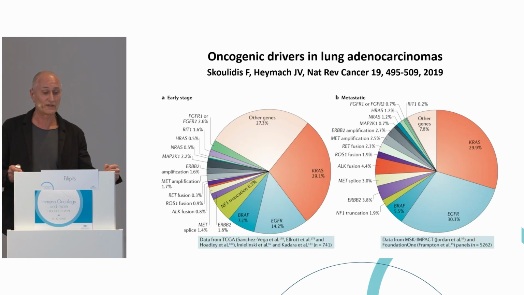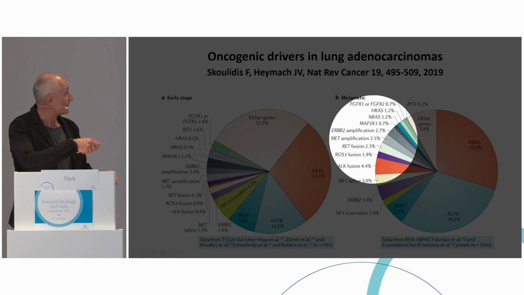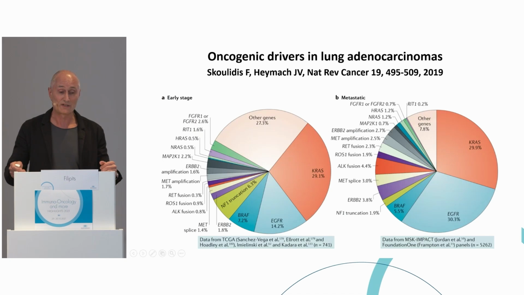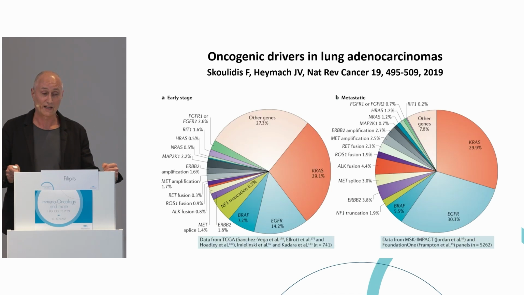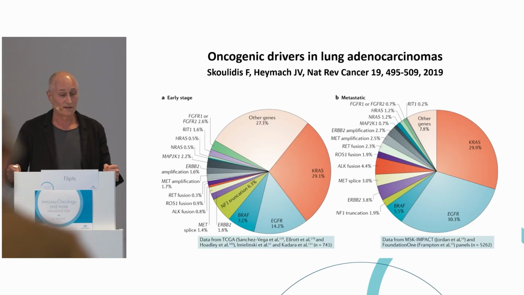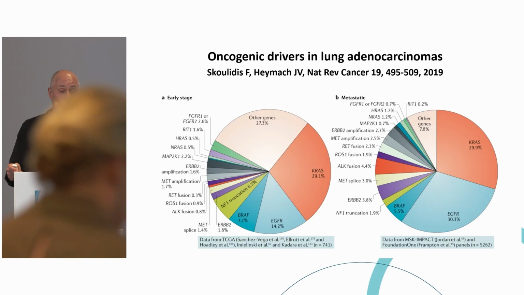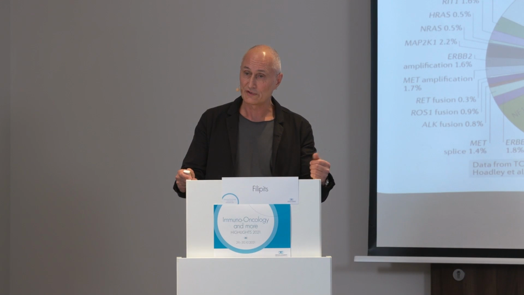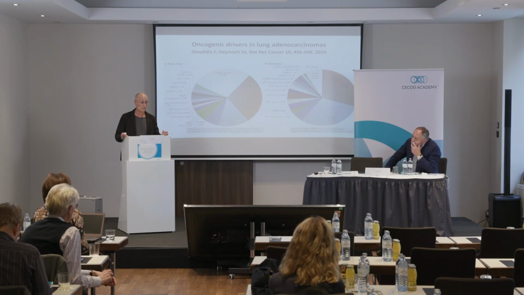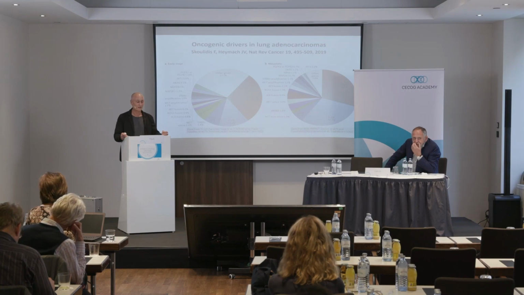What you can also see here is that we have a lot of other aberrations which are pretty rare in some cases. For example, here RET is present only in 0.2% of the patients, and one important marker, NTRK, is not part of this pie, which is unfortunate because we have effective treatments available in these patients, which is the case also for all the other targets or many other targets. That means that we have to search for these mutations. We have to do comprehensive genomic profiling of these patients in order to find these rare events